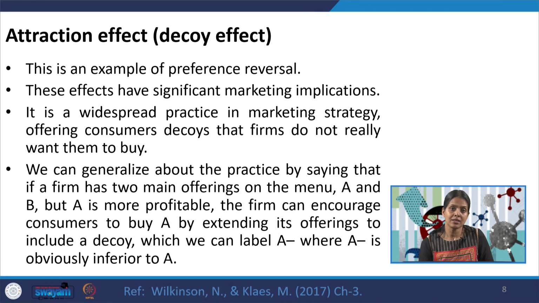We can generalize about the practice by saying that if a firm has two main offerings on the menu, A and B, but A is more profitable, the firm can encourage consumers to buy A by extending its offerings to include a decoy, which we can label A minus, where A minus is obviously inferior to A, but pretty much comparable to A, and as a result, comparing A and A minus may influence the consumers